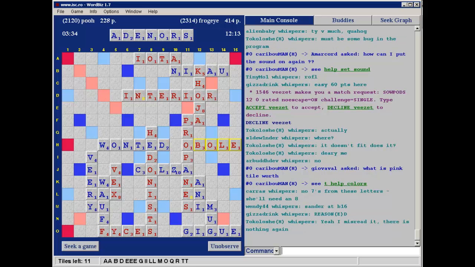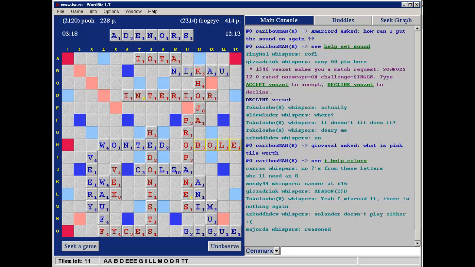It certainly looked as if Helen had a choice of bingos with this rack. One of our railbirds has pointed out that there are no 7s from these letters. She'll need an 8. And the only letters available for an 8-letter bingo